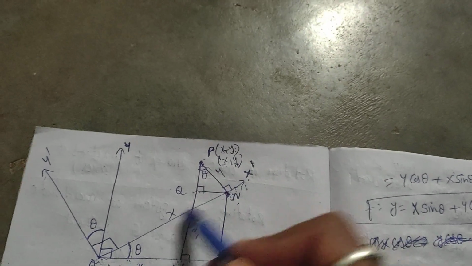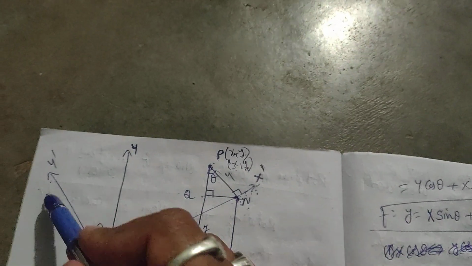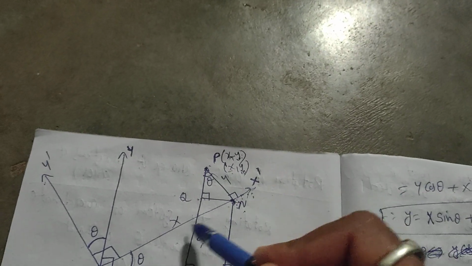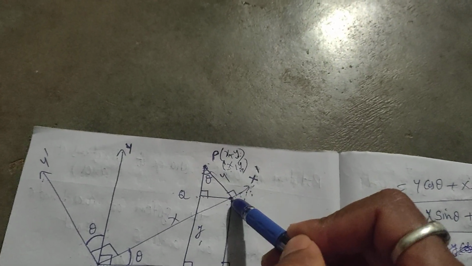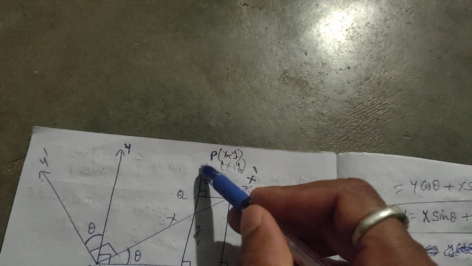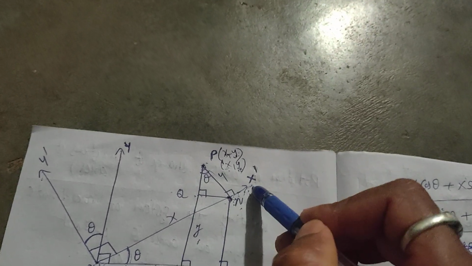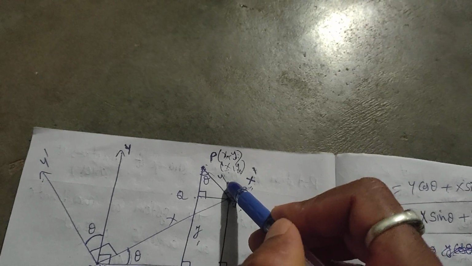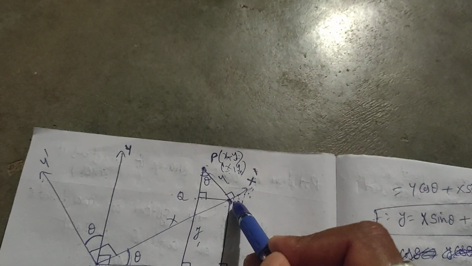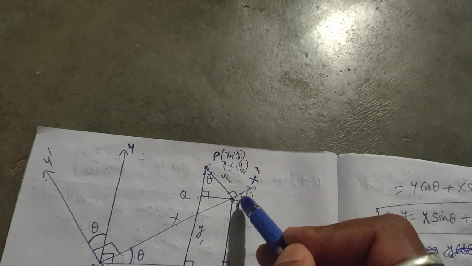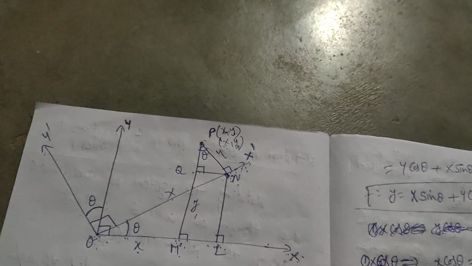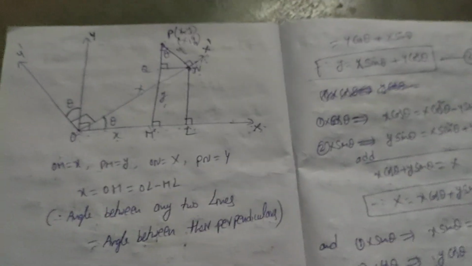So this is the coordinate axis OX' and OY'. Now from P to OX', this PN is perpendicular. Okay. Now whenever PN is perpendicular to OX', this PN is nothing but capital Y, and this ON is nothing but capital X. This ON is nothing but capital X, and PN is nothing but capital Y according to the new system.